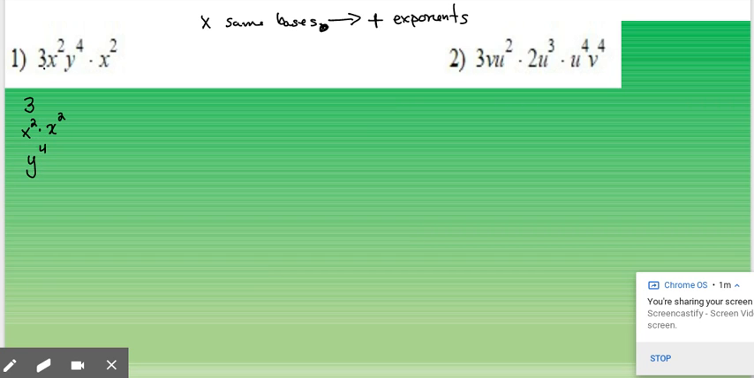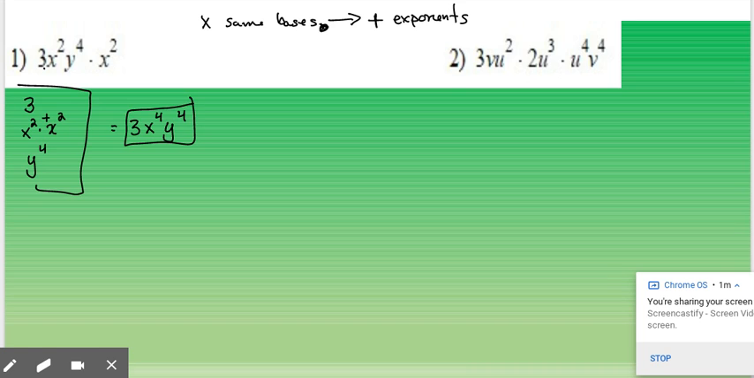Well, since 3 is the only number, I have 3. My x squareds are being multiplied. I am going to add those exponents together. 2 plus 2 is 4, and y to the 4th. And there's my answer. The second one, there's a little bit more here, so it's a little bit more helpful